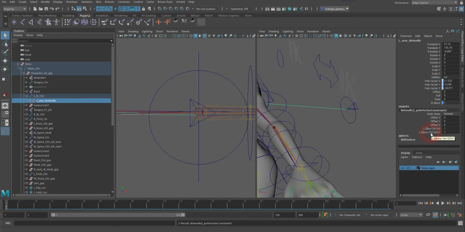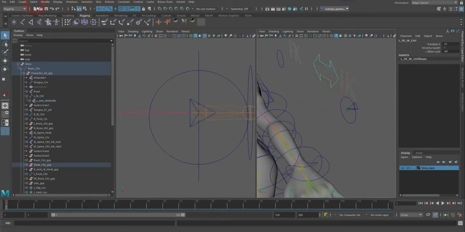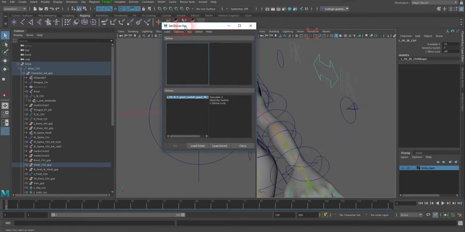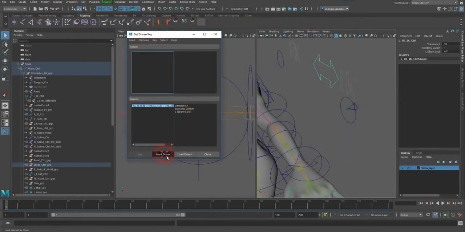So we're going to start by switching from one or the other one so that we can control both. So we're gonna create a set driven key. Let me just call my set driven key window, animation key, set driven key set, open it up, and we're going to load the controller, and the elbow lock is going to be driving the IK handle,